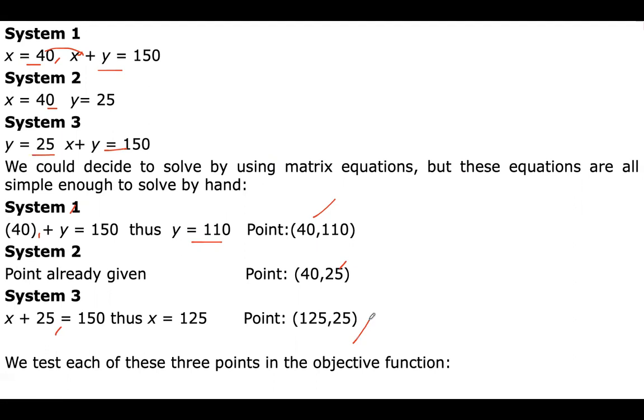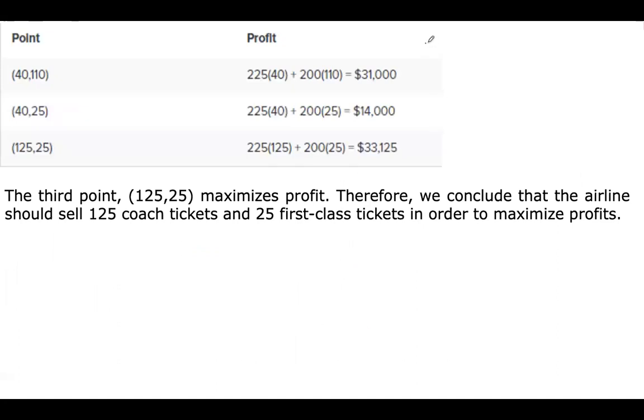So our next step, now that we know the corner points, is to put these points in the objective function. What was our objective function? 225x plus 200y, right? So you can put all three points in your objective function and see where your profit is maximum. We can see very clearly that point 3 gives us the maximum profit. Therefore, we can conclude that the airline should sell 125 coach tickets and 25 first class tickets in order to maximize profits. Okay, so this is how